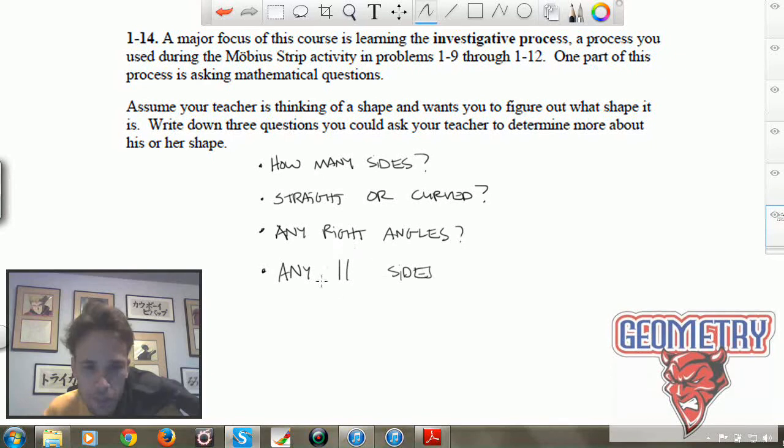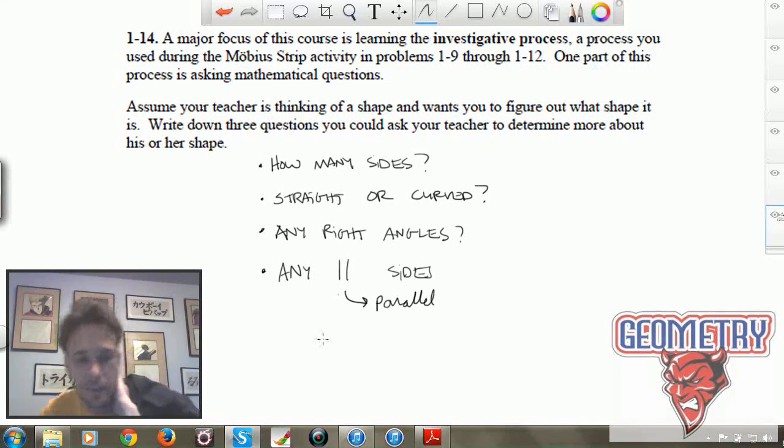This is the symbol for parallel, by the way. It almost looks like number 11 there. But this stands for parallel. It just looks like 2 figures that are running next to each other, so parallel. So that might help us out as well to determine if it was something like a square or a rectangle or a parallelogram or a rhombus or something. So at least that would help us narrow it down, and we could maybe ask more specific questions from there,